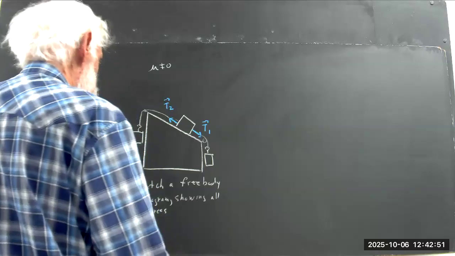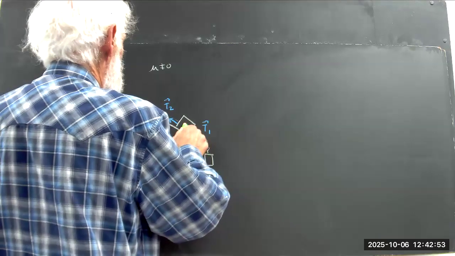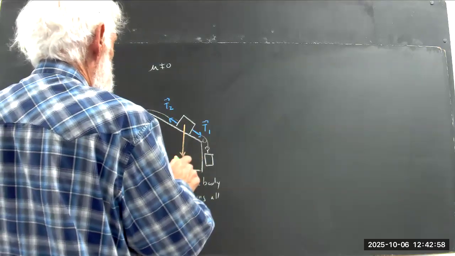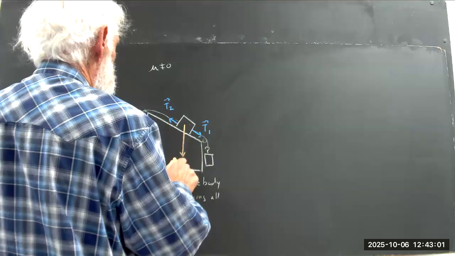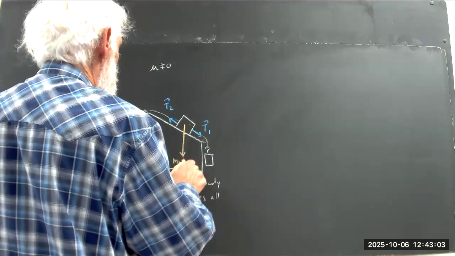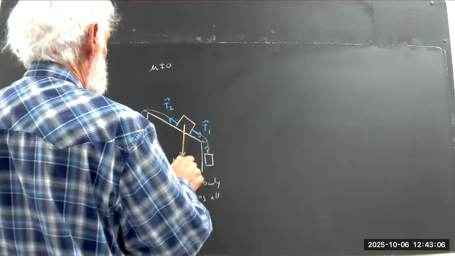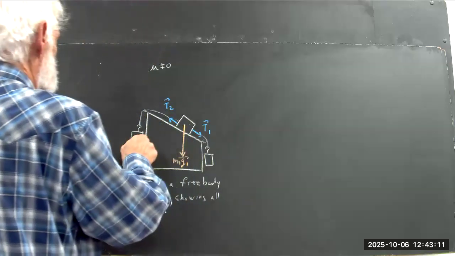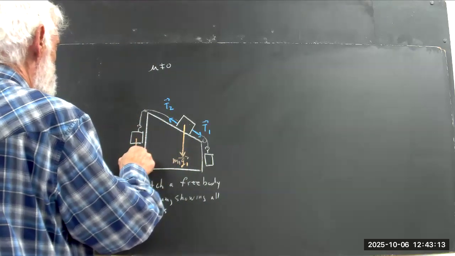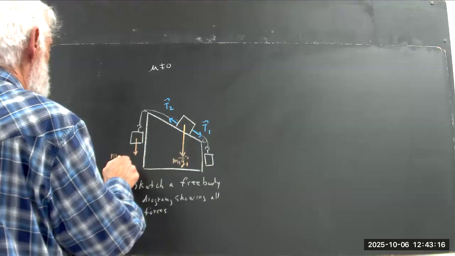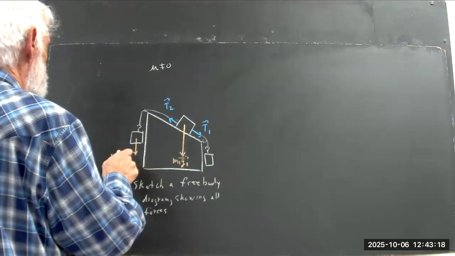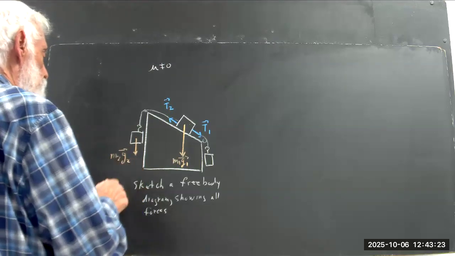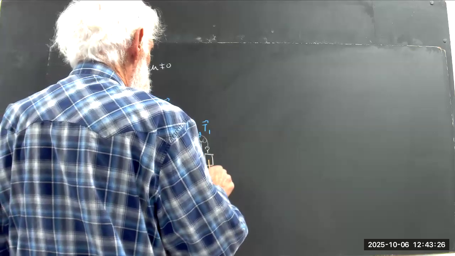Okay, well, then we have the weight. And let's call this mass M1. So this is M1G, and it's a vector. And let's say this is M2G. And we'll say this one is